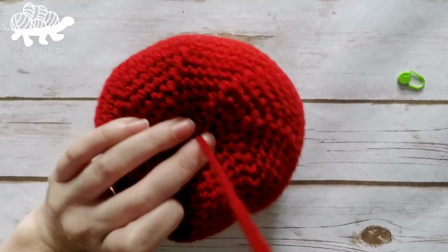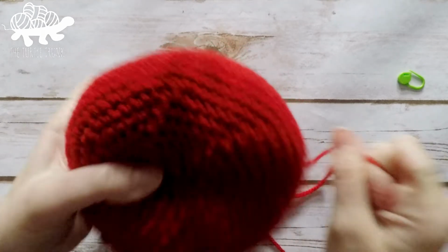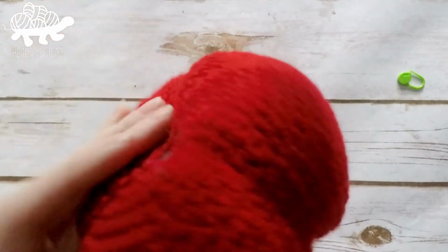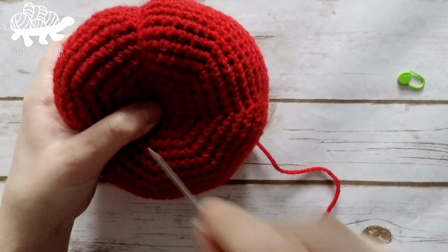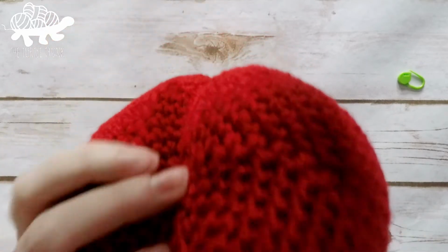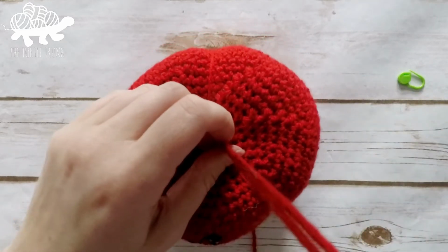And you can do this as many times as you'd like to create as many bumps as you like. I think I might just do one more so that it has the 3 bumps. So one more time, bring the yarn to the back, bring it up through the bottom center, back up through the top center,